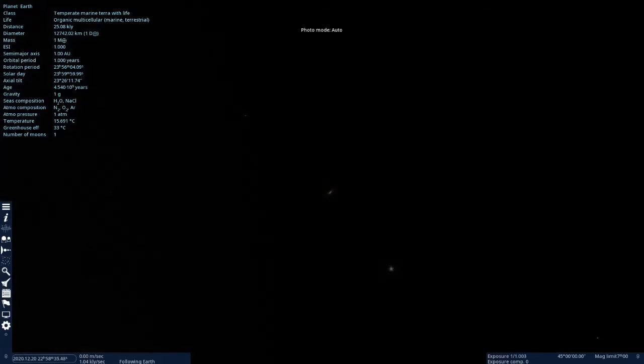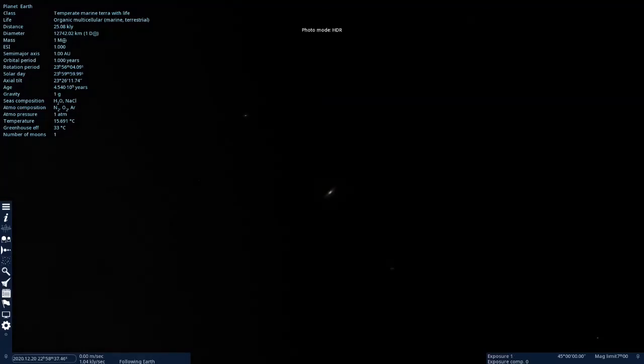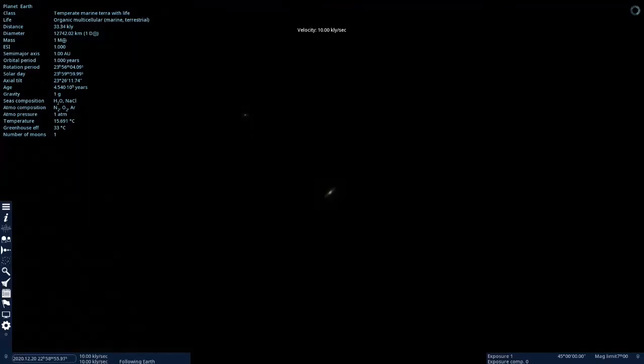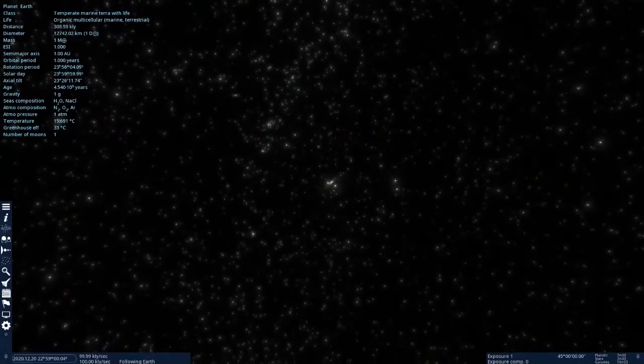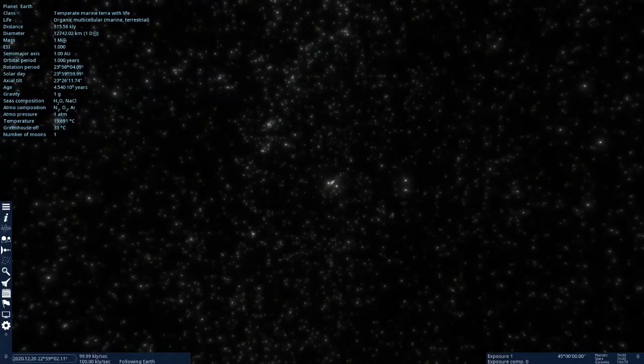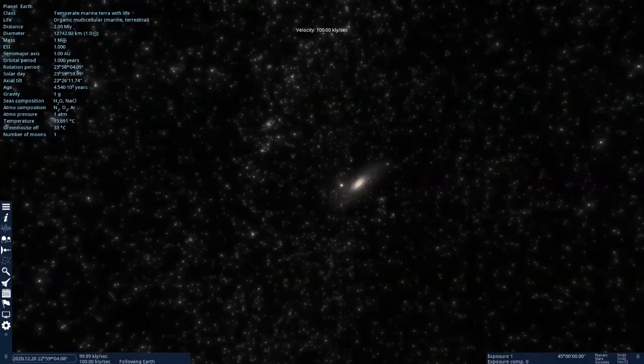And in normal mode, it kind of looks pretty dim. I'm going to put it back into HDR mode so we can see it. And we're going to start cruising. And this time I'm going to use the factor of 10 upshift button because we have a lot of speed we need. I was using the wrong button, sorry, okay. 100 light years per second, 1,000, 10,000 light years per second, 100,000 light years per second. 1,000,000 light years per second gets us there pretty quick.